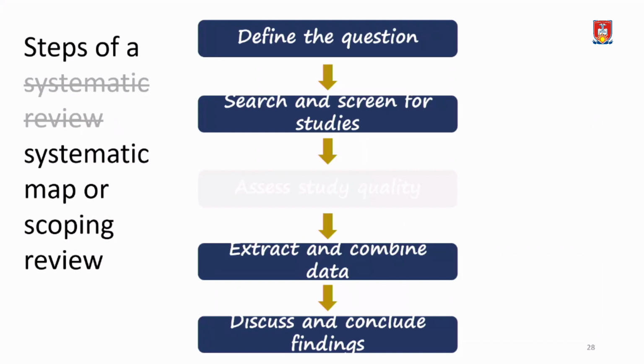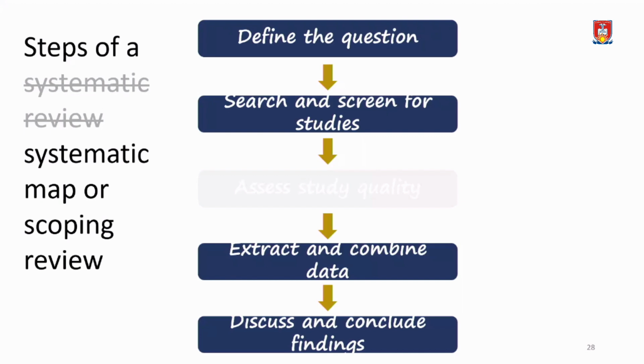And when we come to a scoping review or a systematic map, you can see a step is skipped here, which is the step of assessing quality of the study. So a scoping review actually skips that step. When we do a scoping review, we don't assess the quality of the studies that we are including in the review. So that step makes it a little faster, and less rigorous, because that assessment